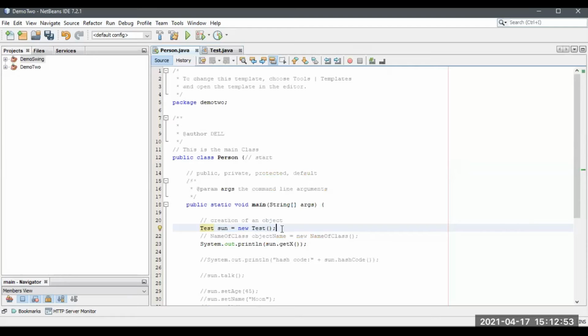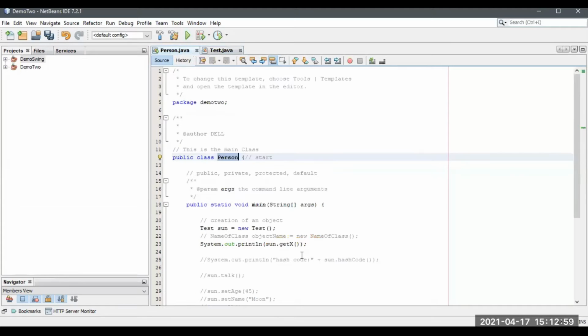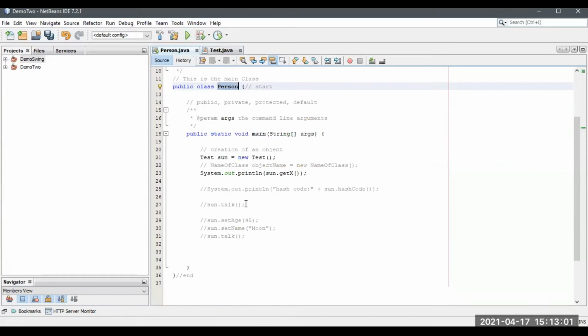This is the object we created in the person class. This is the test class, and we are going to access this test class inside the main method of the person class, and access whatever is available in the constructor as we discussed in the previous session.